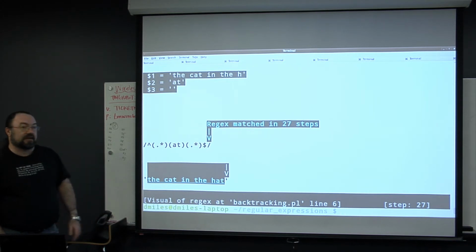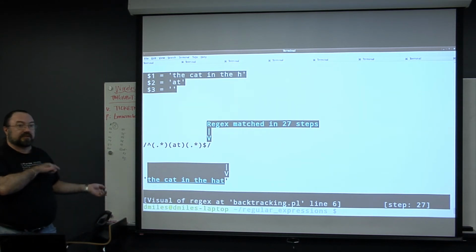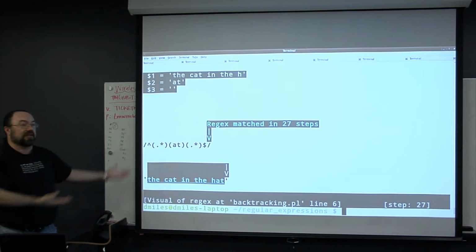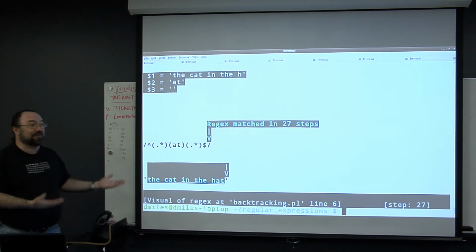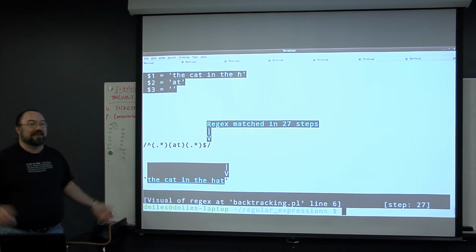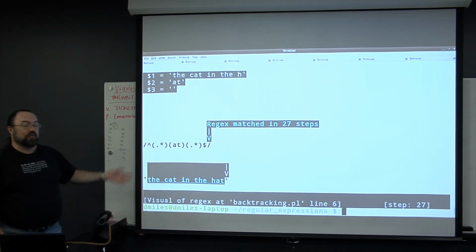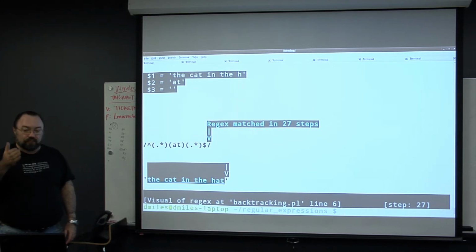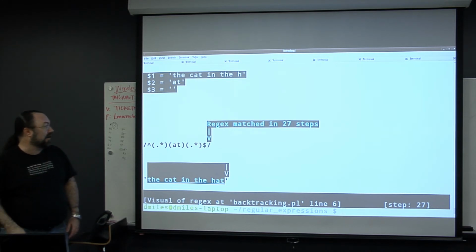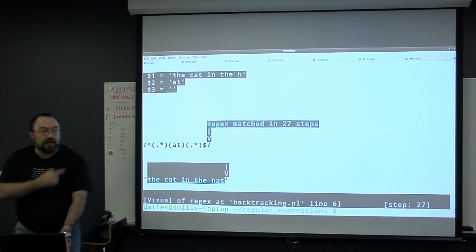Okay, and we're at the end. Does that make more sense now, what backtracking is? This is what I love about this tool, being able to actually step through it step by step and go, oh, this is a wonderful way to debug. If you've got a regular expression and you have a string and you don't know why it's not matching the way you intend, just step through it. And this will show you exactly at what point it goes awry. And then hopefully that will tell you, oh, I need to change this or put a question mark on it or whatever. Right? We need more questions.